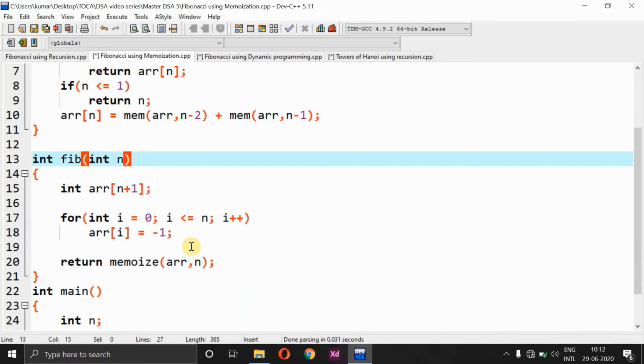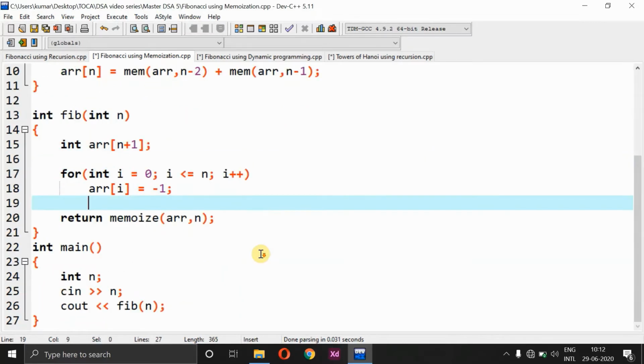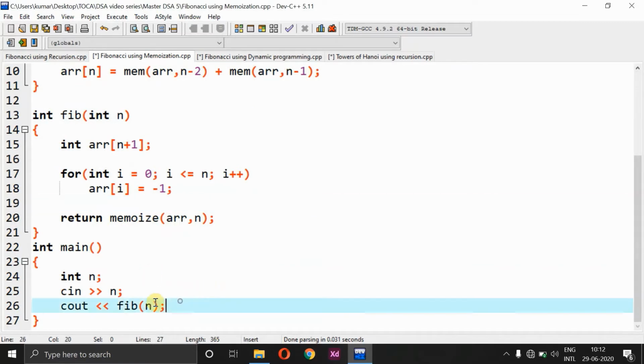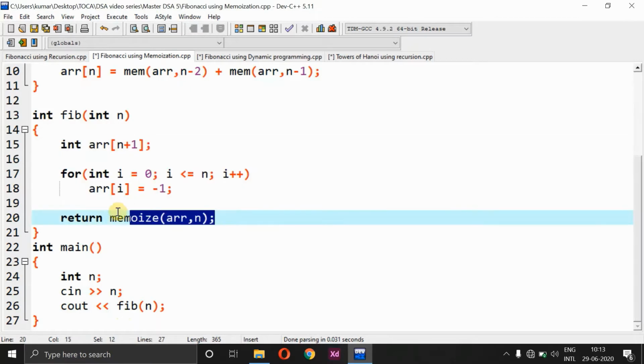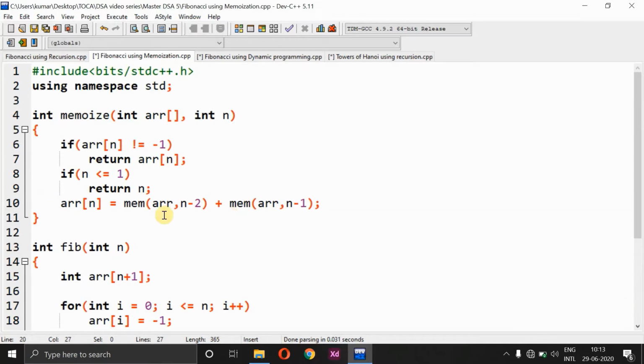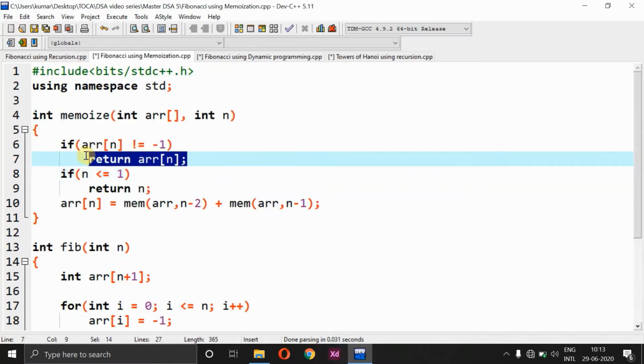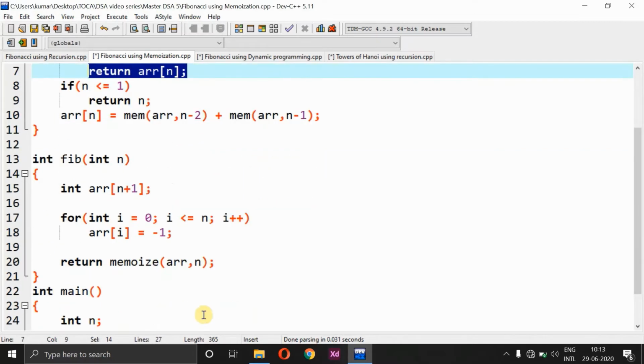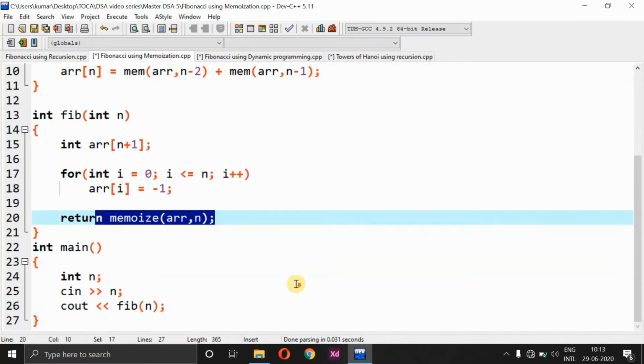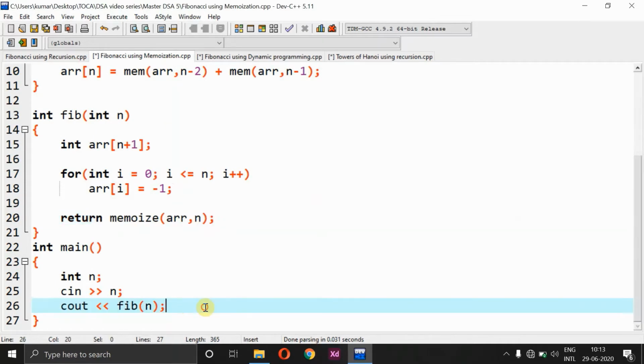So we have created an array and we use the same array, and this will be called only once. So do remember here. Your program starts from the main function. After that, from line number 26, the control will be passed to line number 13, and from 13 we have declared an array, and we are going to return this particular method. So we are just calling this method, and it will return array of n only when it gets the final value. Then it goes back here and returns the final output to line number 26.